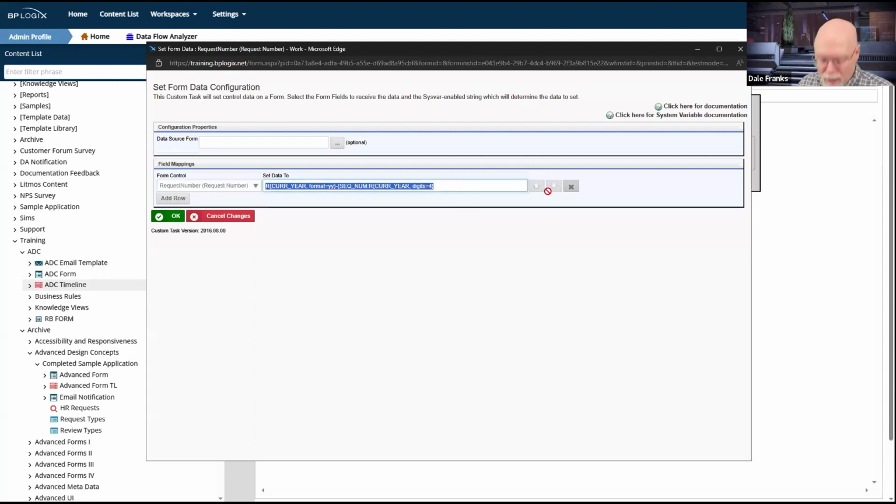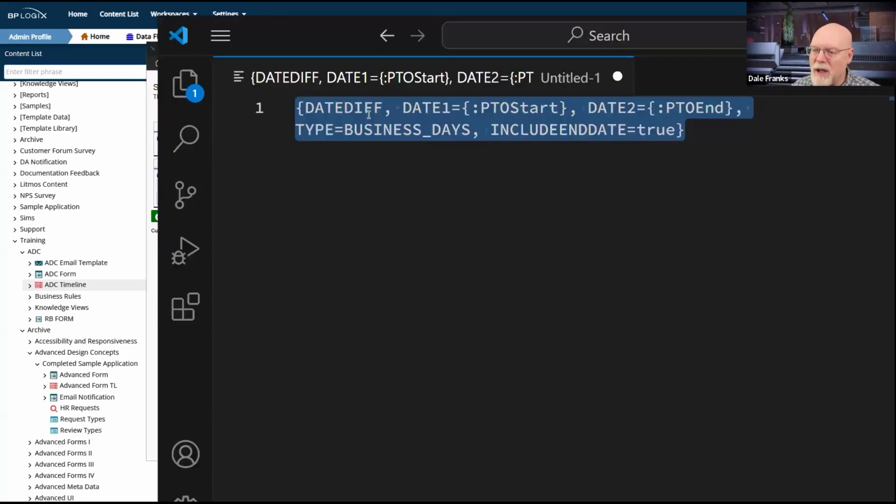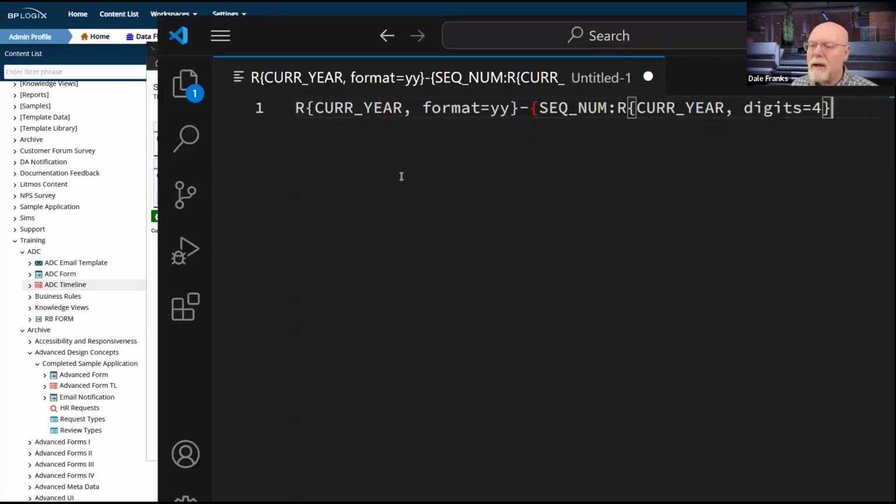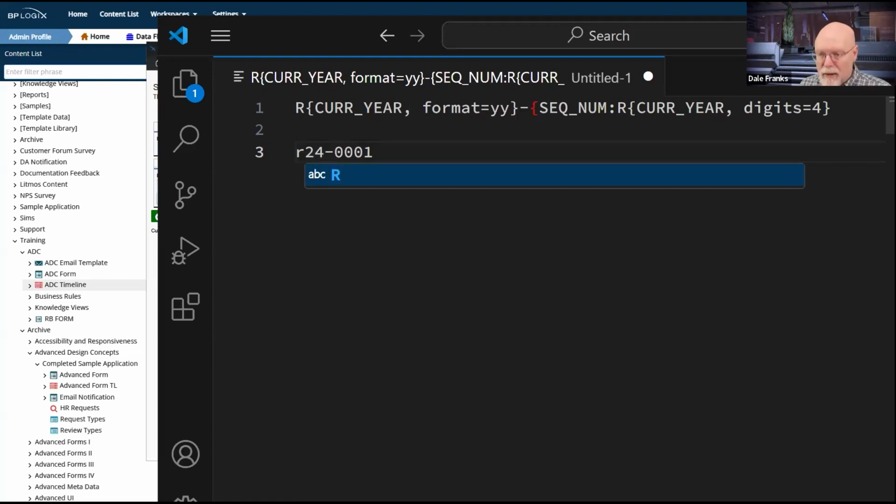And what that will give me as a final product, since you've been watching me type it very tiny, let's make it big. What this will give me is a result of, for my very first one, R24-0001. And that will be a capital R, not a lowercase r.